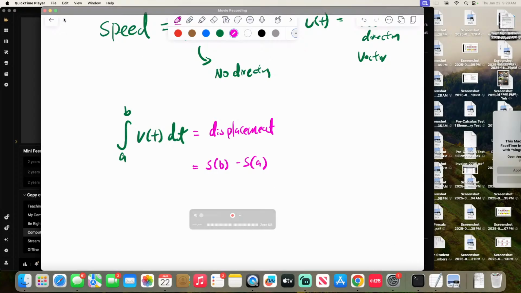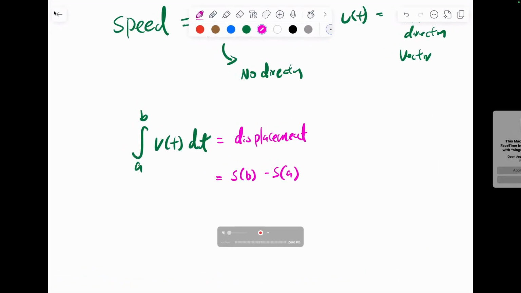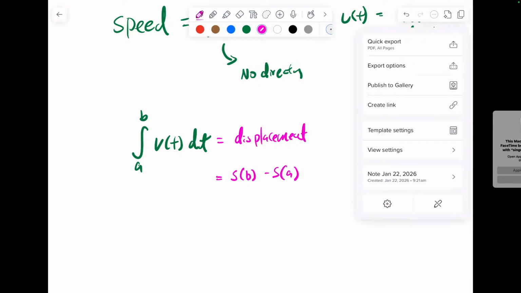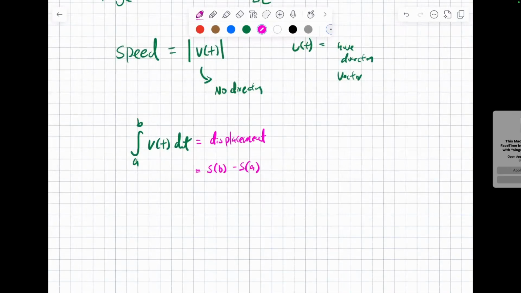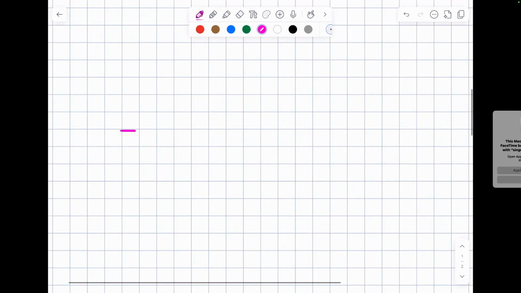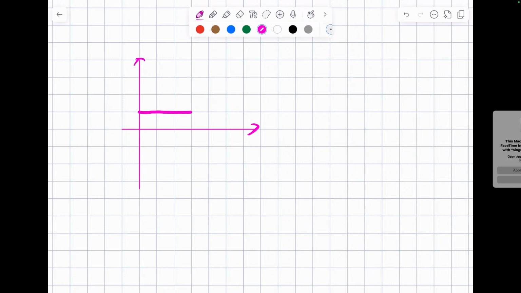So then, in terms of graphing, that 5 seconds just happened. It's supposed to look like this, and it will show you the difference between the two. So the first 5 seconds, I have velocity of 1 step per minute. So my velocity is positive, right? So that means I have this. Is that okay? Because this is velocity, this is time, right?